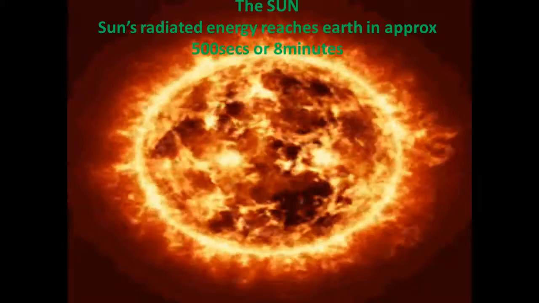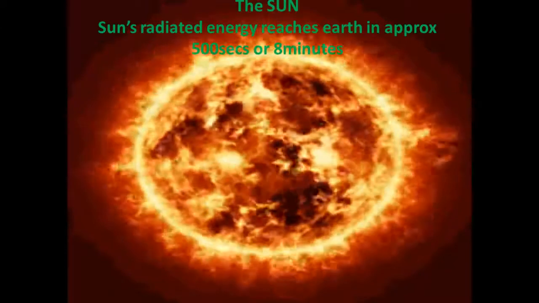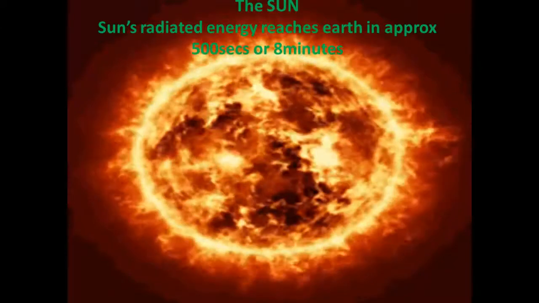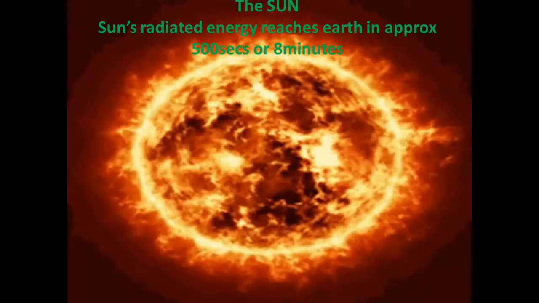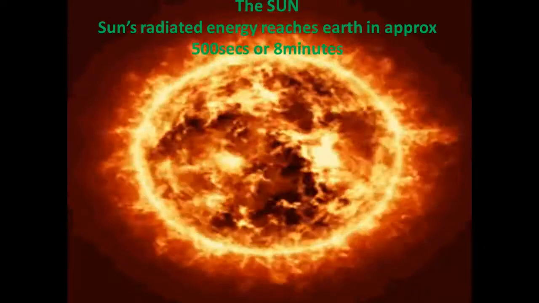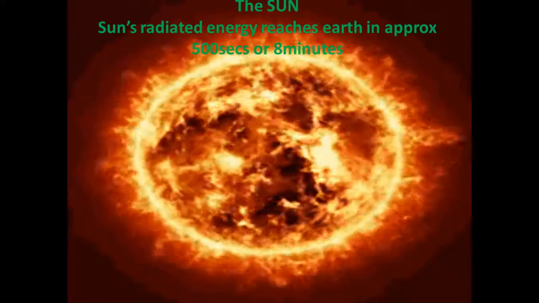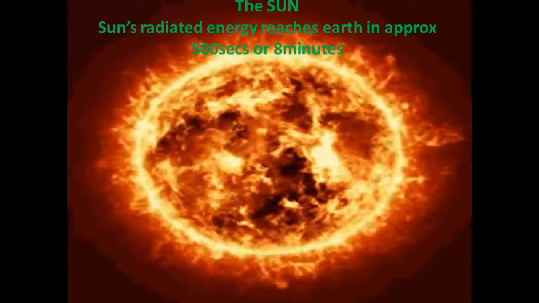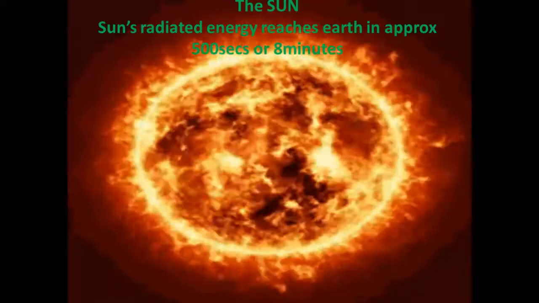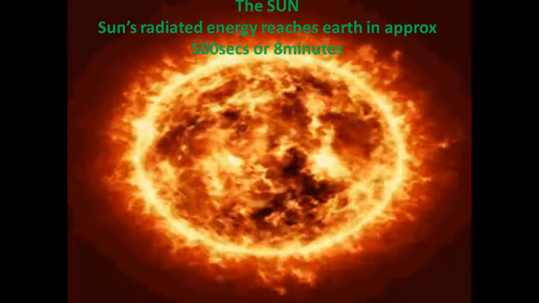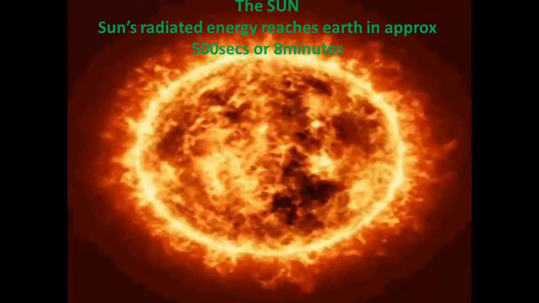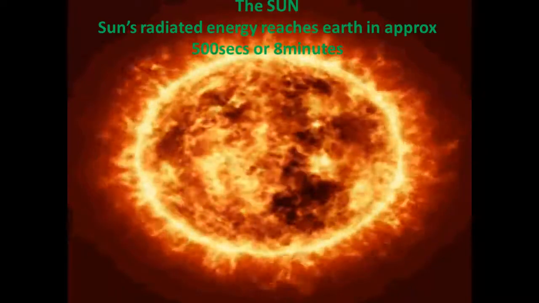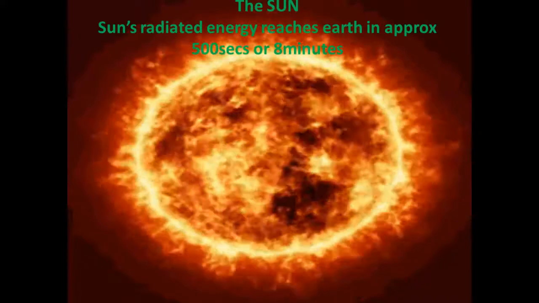So let's begin today's topic, which is the sun. And as you can see, this is our sun. It is glowing hot, as you can see. And earlier also we have studied that the distance between Earth and sun is approximately 150 million kilometer, and the speed of light is 3 lakh kilometer per second. So if you divide distance by speed, we get the time that comes about approximately 500 seconds or 8 minutes and 26 seconds, which is the amount of time sunlight takes to reach to Earth.